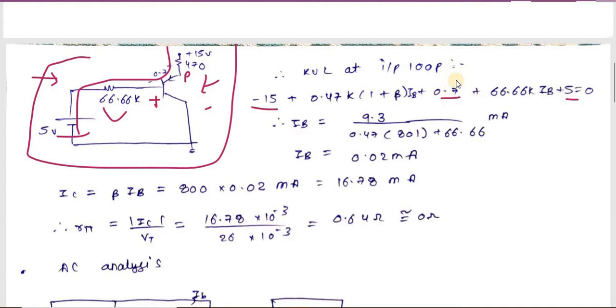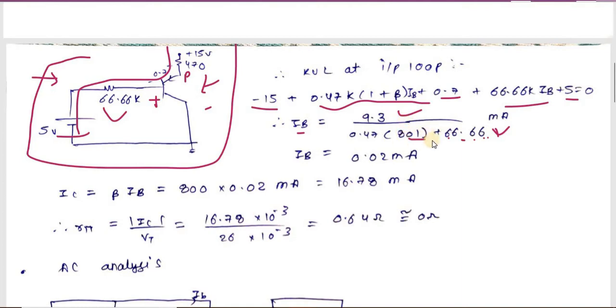If we take minus 9.3 to that side we will get 9.3, okay, and if we take IB common from all this we will get 0.47K times 1 plus beta. Beta is 800 given, so it will be 801, plus 66.66, okay. And as you know that we have